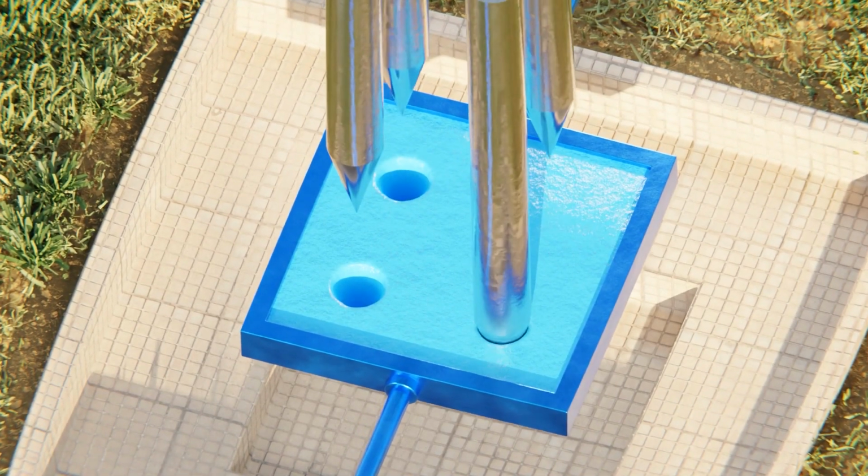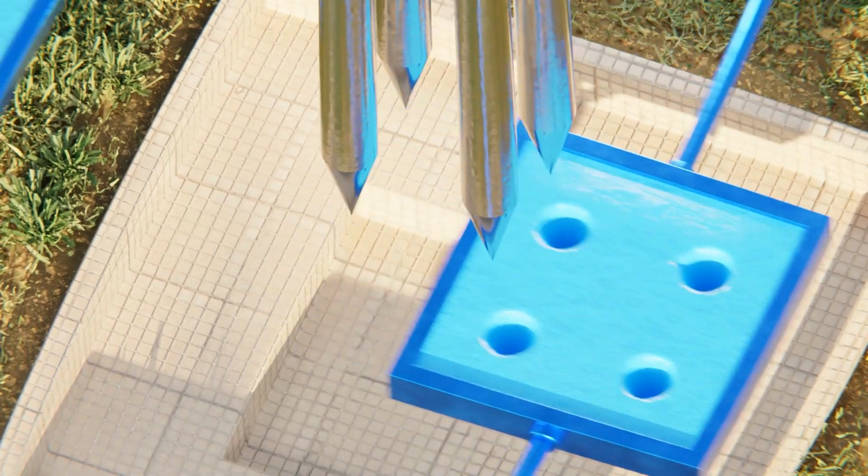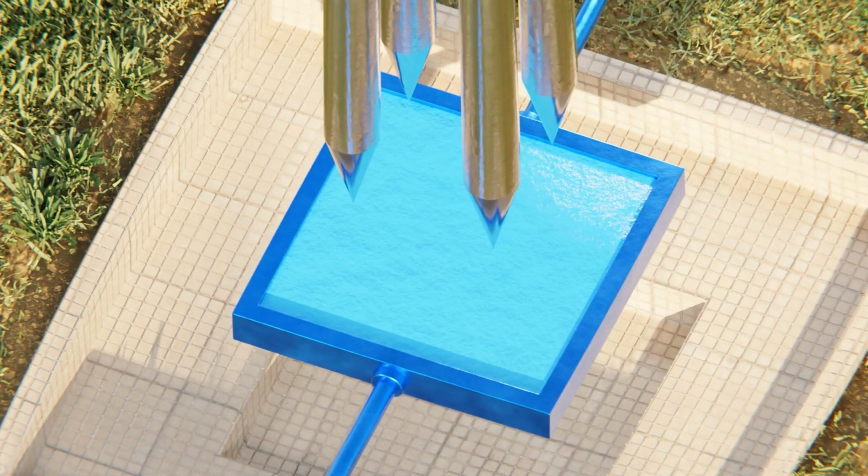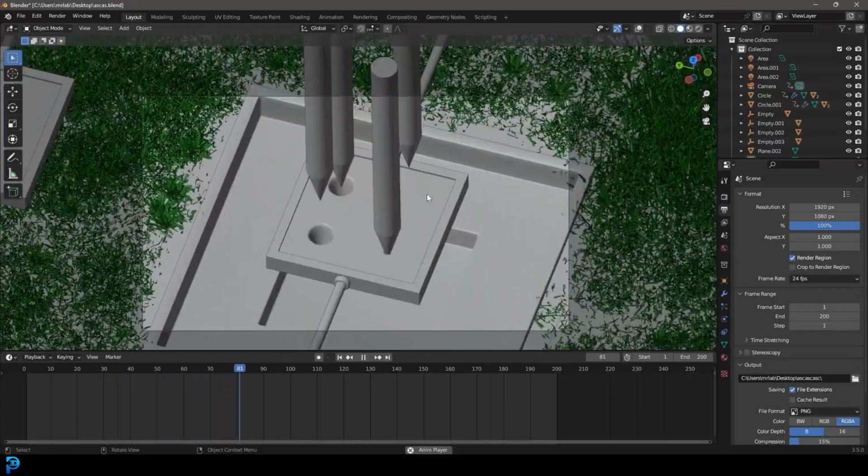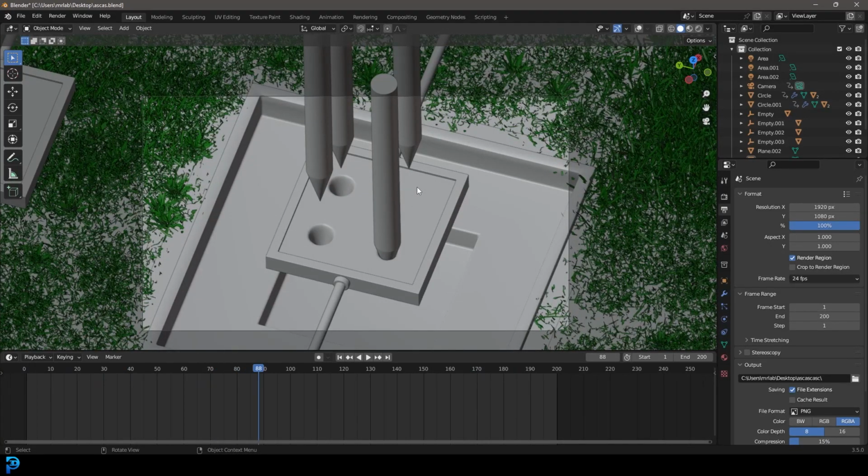Today I'm going to be showing you how to make this dynamic poking animation in Blender. It's completely loopable, and keep in mind, and I will clarify this in the beginning, this is only really the animation. So I'm going to show you everything you need to know to make this loopable animation from scratch,